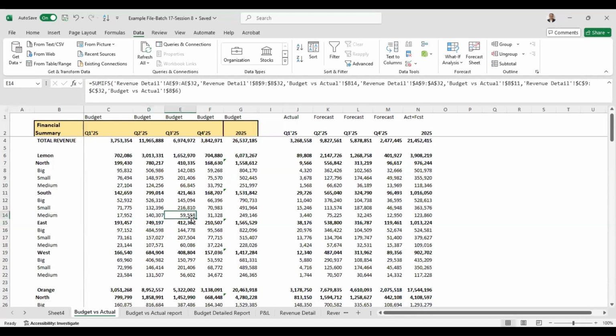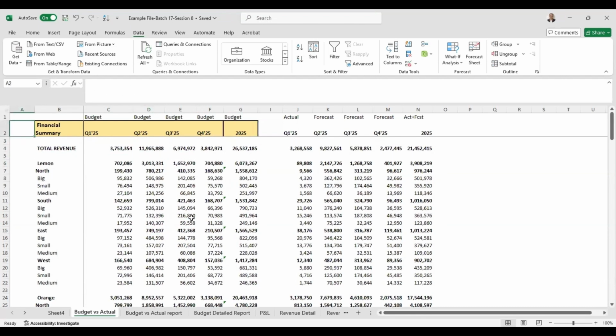From our previous sessions, we prepared something known as budget versus actual data. So this is the section for my budget, Q1, Q2, Q3, Q4, and total 2025 budget. This is my actual for 2025. We assume that we just crossed quarter 1 of 2025 and we have the actuals. For the rest of the 3 quarters, we forecasted the numbers, and accordingly, this is a combination of actual plus